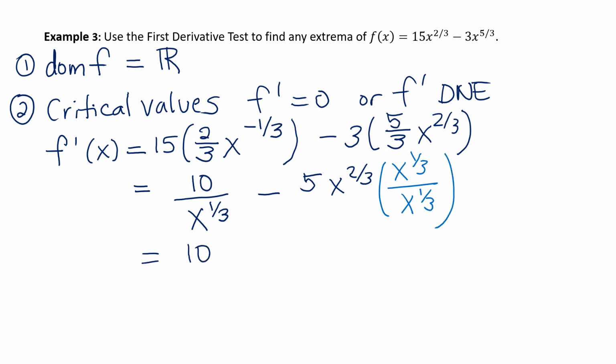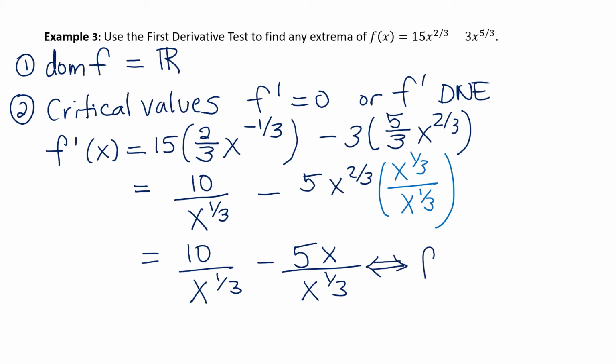This will be 10 divided by x to the 1/3 minus, look what nice thing happens. X to the 2/3 times x to the 1/3 is just x. Got rid of that fraction. And the denominator, we still have x to the 1/3. And so at this point, we can say that the derivative of this function is 10 minus 5x in the numerator